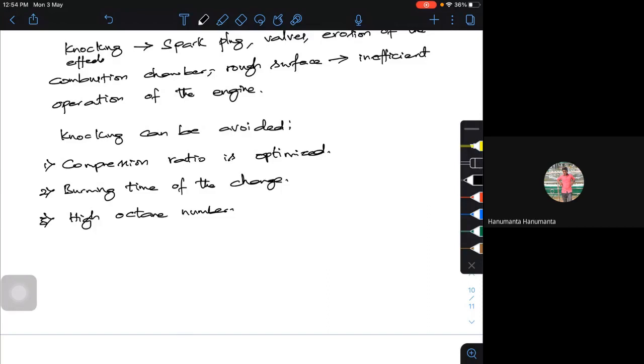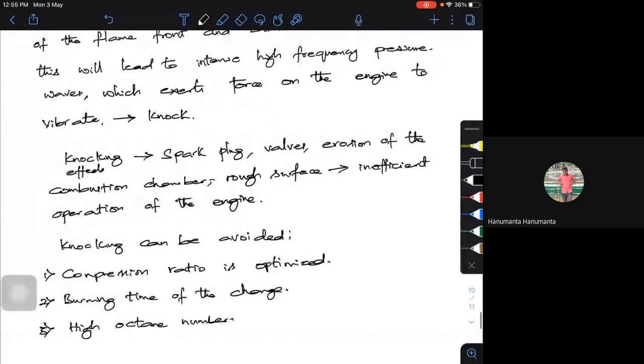This will lead to pre-combustion, or what we call premature combustion, where the combustion will take place much before your spark is produced. And kerosene is not a high octane number; it's a very low octane. If you look at the octane number of kerosene, it's much lower, and the burning time is also completely different. Because the engine is designed for petrol, your burning time for kerosene is much different. So these are some factors by which knocking can be avoided. And if there's knocking, it can lead to destruction of your whole engine.